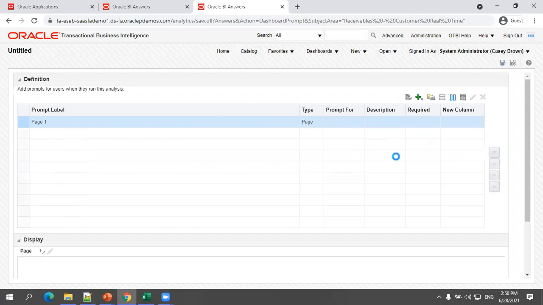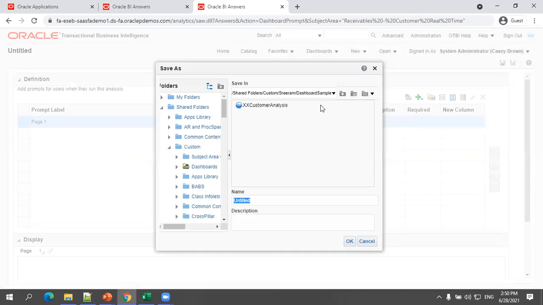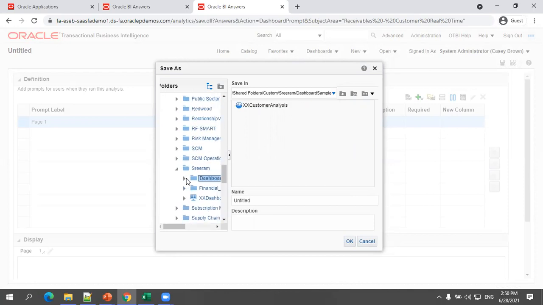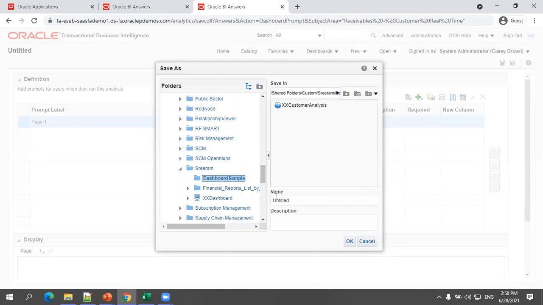It is good practice to save the content before we start working on it. Check out the location, also very important for us, to understand where we are creating something. Dashboard sample, we are in the correct location. I'll name it XX customer dashboard prompts.